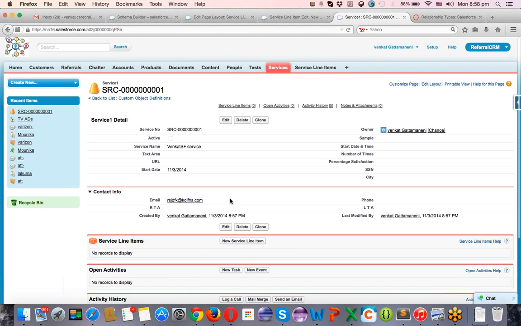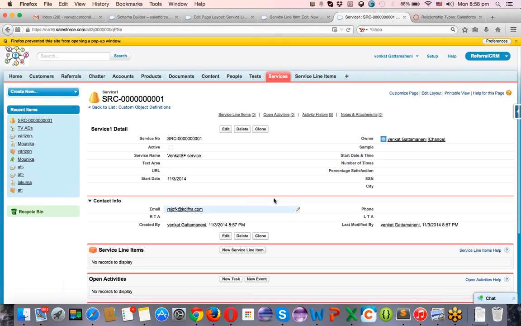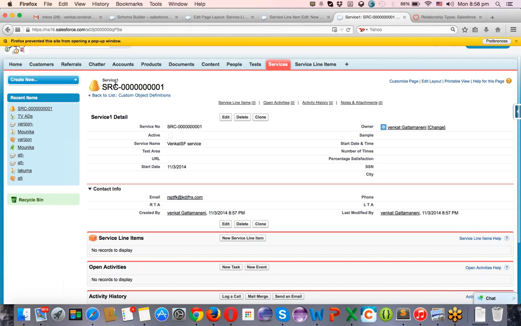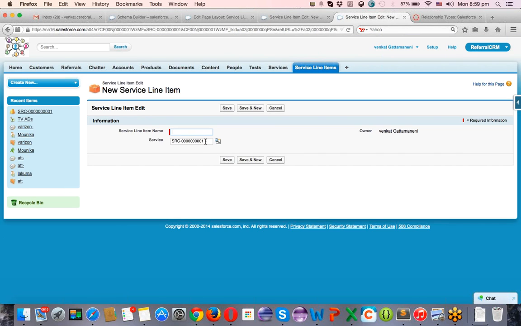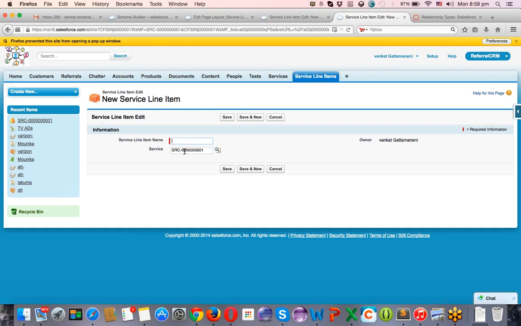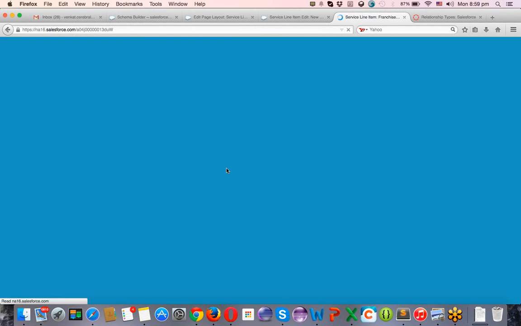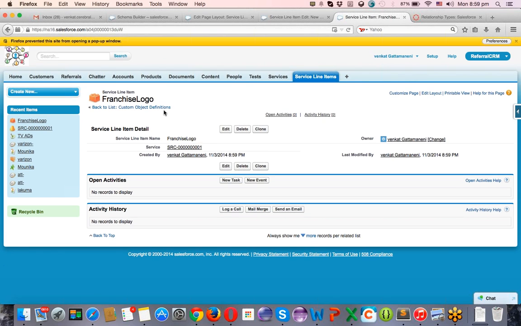Don't be confused. I will show you what the effect of this is. See, this is the service parent object. These are child objects. You can see them in the related list items. This is a related list item. This is also a related list item. This is also a related list item. I can create a new service line item from here directly. Click on new. It automatically maps to SRC00001. What is SRC00001? It's a service. You can see it here. I'm giving it a service line item name like this, and I'm clicking on save. Now you have created a service line item